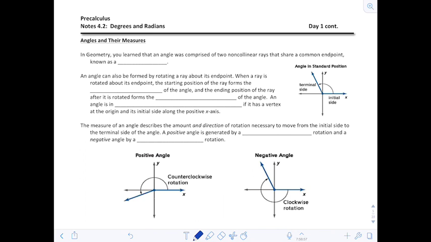We're going to go back to geometry. In the days of geometry, you learned that an angle was comprised of two non-collinear rays that share a common endpoint. That's how they defined an angle for you, and that common endpoint was known as a vertex. So an angle can be formed, if you think about it, by rotating a ray around its endpoint. And when a ray is rotated about its endpoint, the starting position forms the initial side